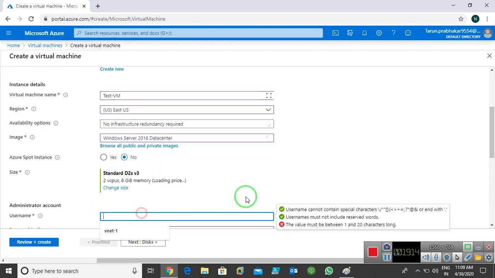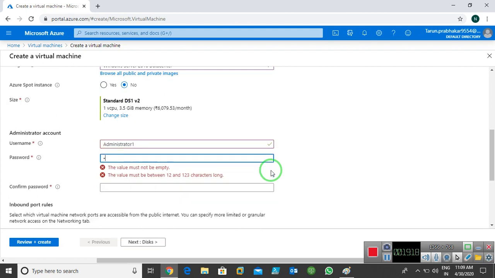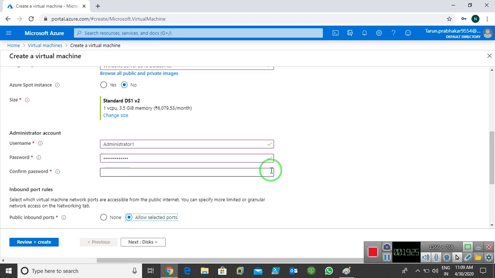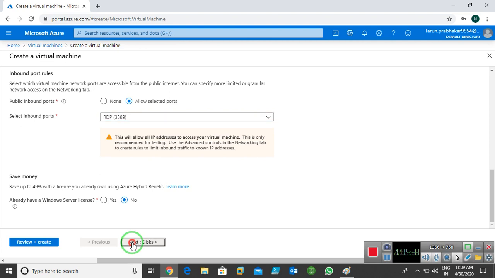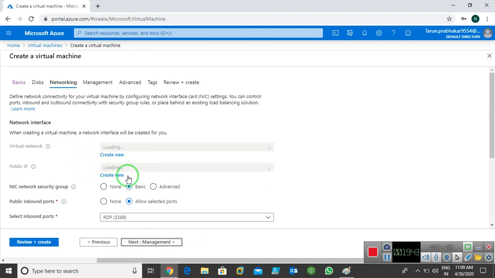I need to give the username and password. I just use only RDP because this is for testing, so I go for only RDP. Simple. Click on next. Now premium SSD. It's connected automatically with VNet 1.